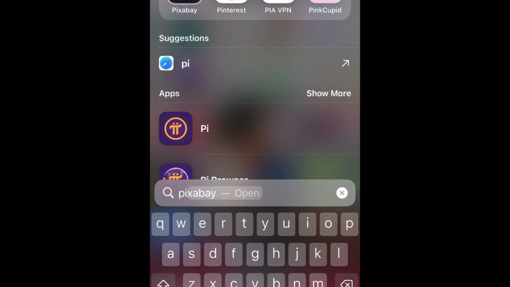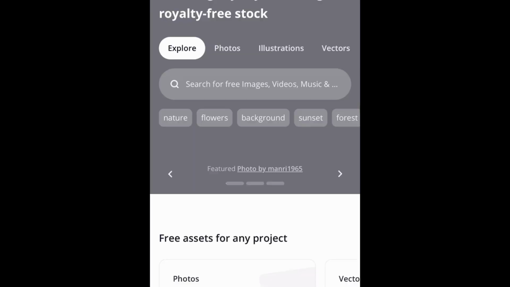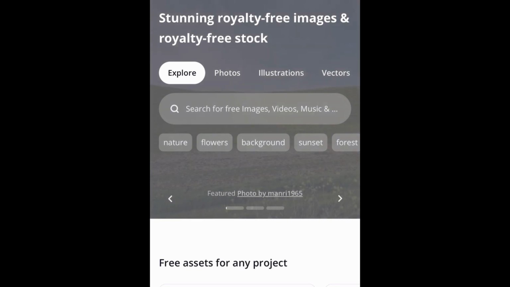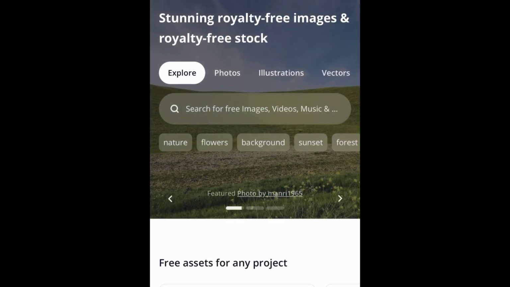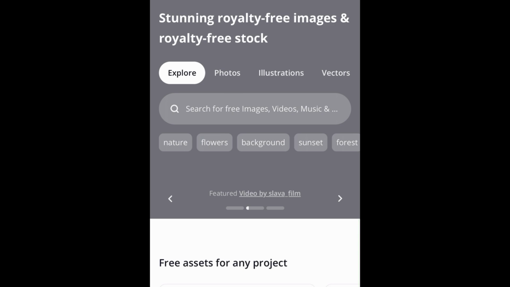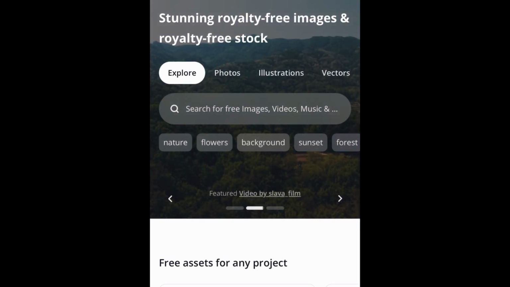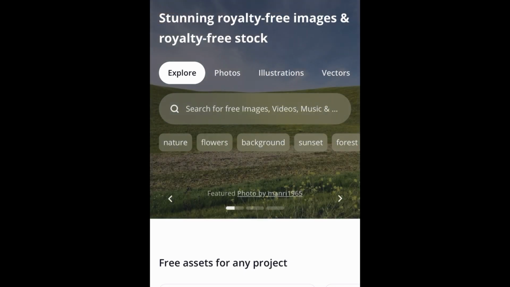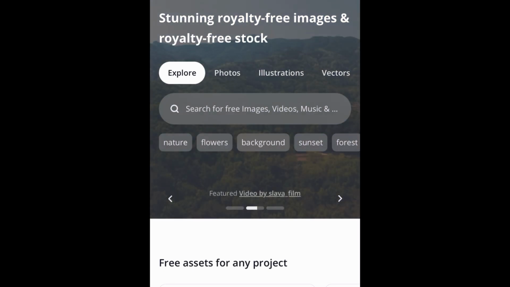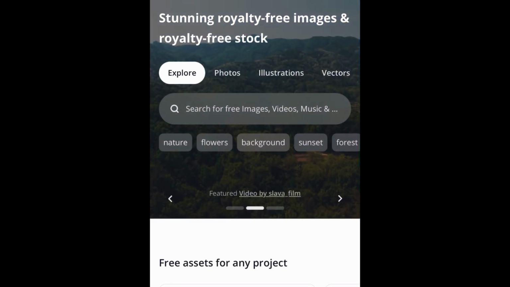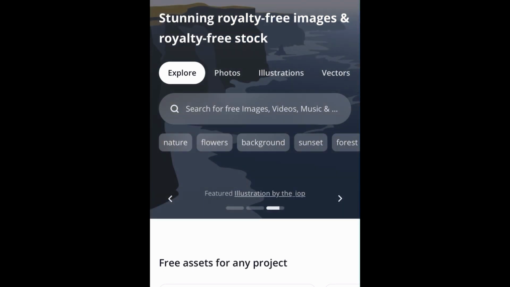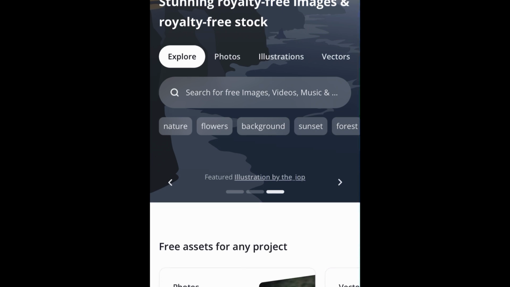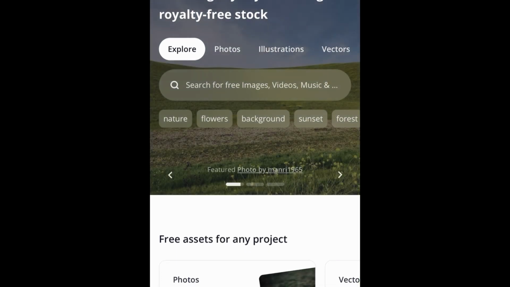This app, Pixabay. Okay guys, Pixabay is an app where you can download videos, photos and music for free. And these videos, photos and pictures, it doesn't have copyright. So you can download music here that doesn't have copyright and use it in your content. You can download pictures that doesn't have copyright and use in your content. So you can decide whether to download